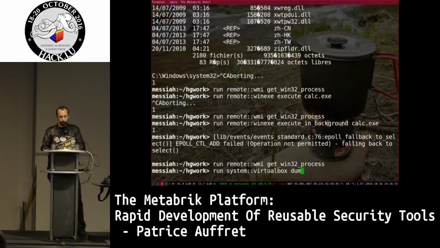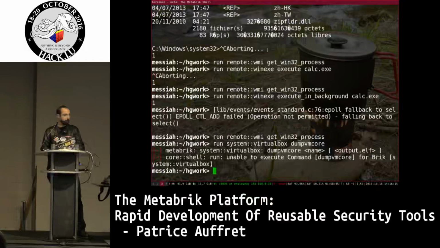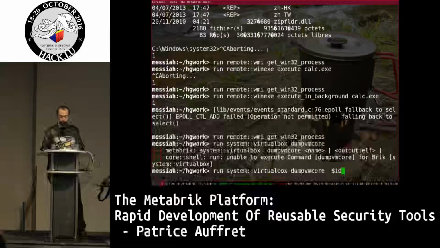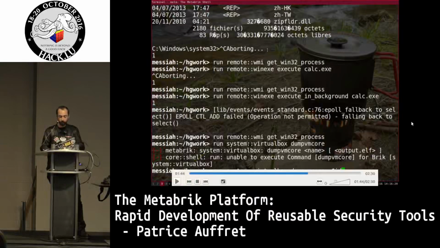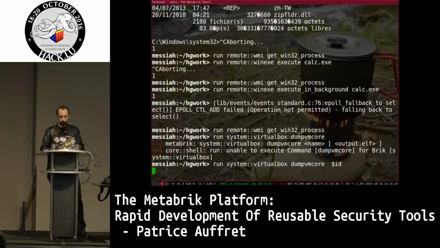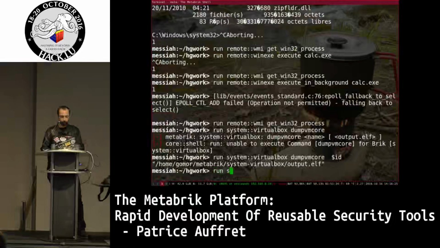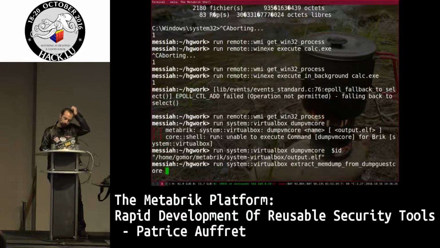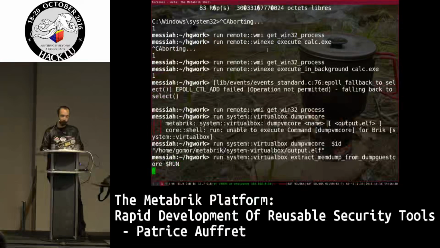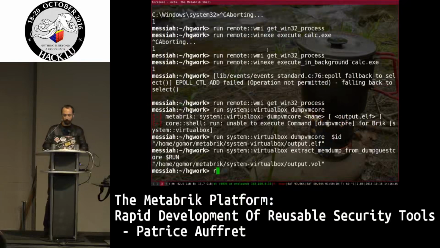But I want to do the same with Volatility. So in VirtualBox, you can dump the content of the memory. Here, as you can see, I didn't remember how to use it, so I just use the command without an argument, and it gives me some help on how to use the brick. So I dump the VM memory. In VirtualBox, it's an ELF file which is outputted, and you have to extract just the memory part from the ELF file. So there is another command to just extract that information. And now we have a file